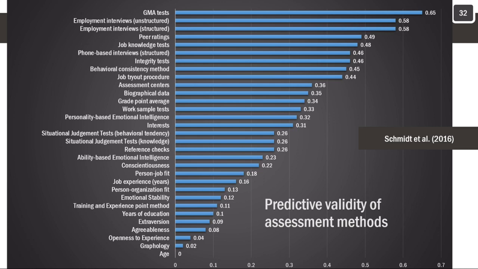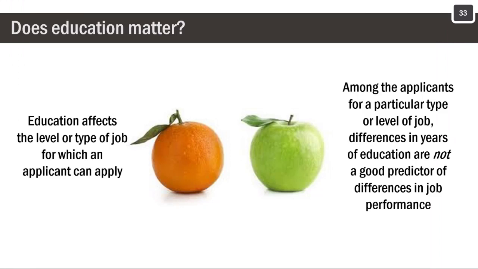You'll say, that is strange, that is counterintuitive. So a bit of explaining is in order. Do these results actually suggest that education doesn't matter? No, this finding does not imply that education is irrelevant, but it is relevant to occupational success, not job performance. Education is an important determinant of the type or level of the job that an individual can obtain. What this finding shows is that among those who apply to get a particular job, years of education do not predict future performance of that job very well.